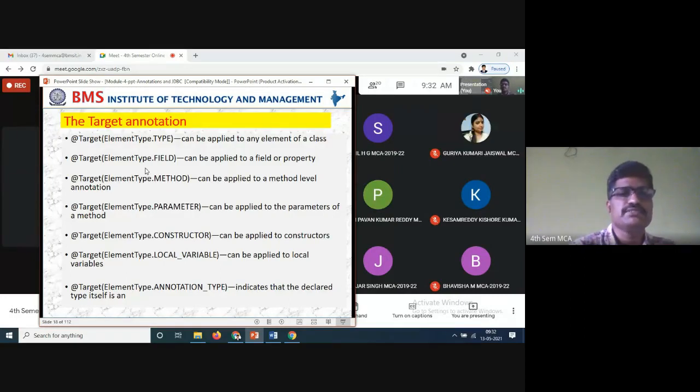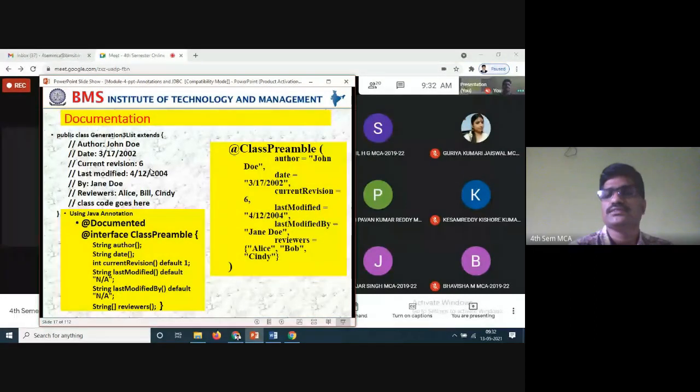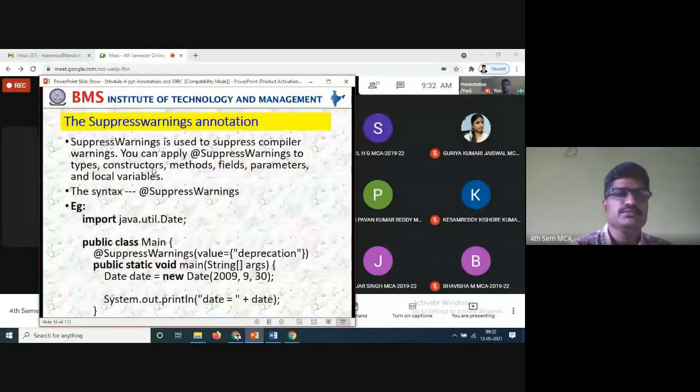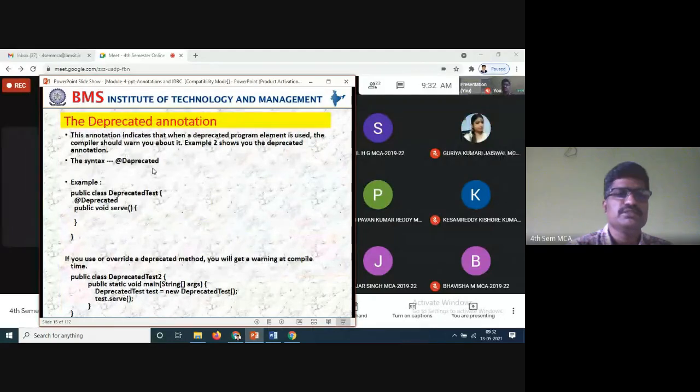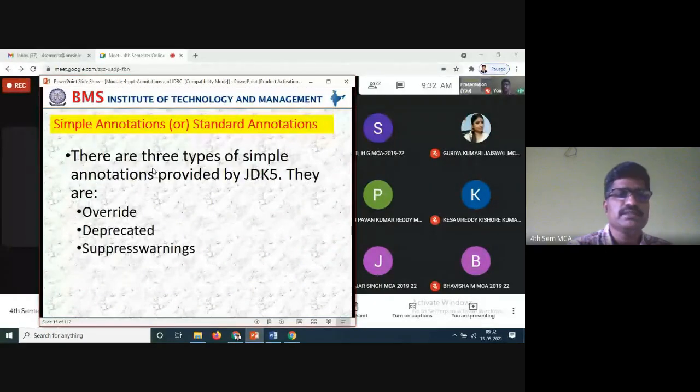Yesterday we have seen the different types of annotations: single-value, bounded, multiple and multi-values. Standard annotations we have seen: override, deprecated, and suppress warnings.